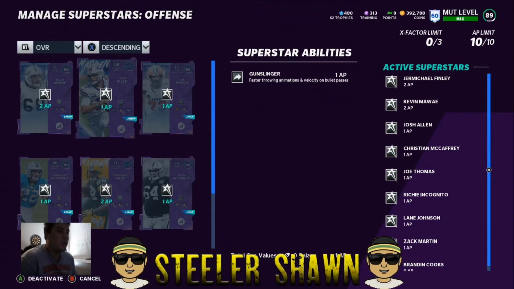So yeah, Josh Allen, he already has a cannon for an arm, so adding Gunslinger helps him out immensely. He zips the ball in there so quickly. He throws absolute laser beams whenever I throw the ball with him. I absolutely love it. I also had the set feet lead ability with this, which is pretty much essentially Gunslinger,